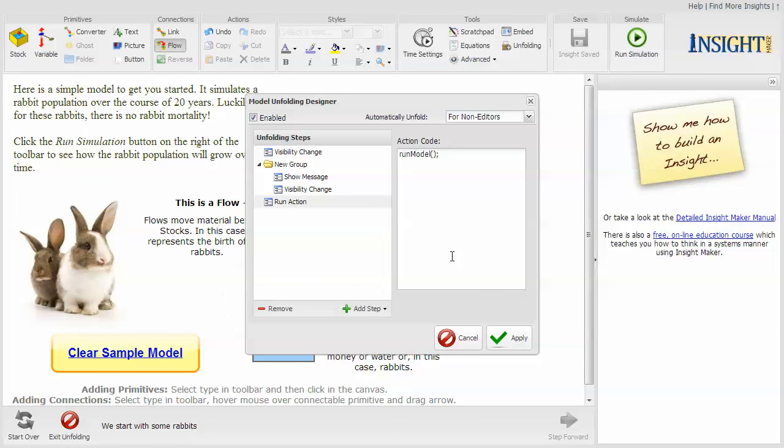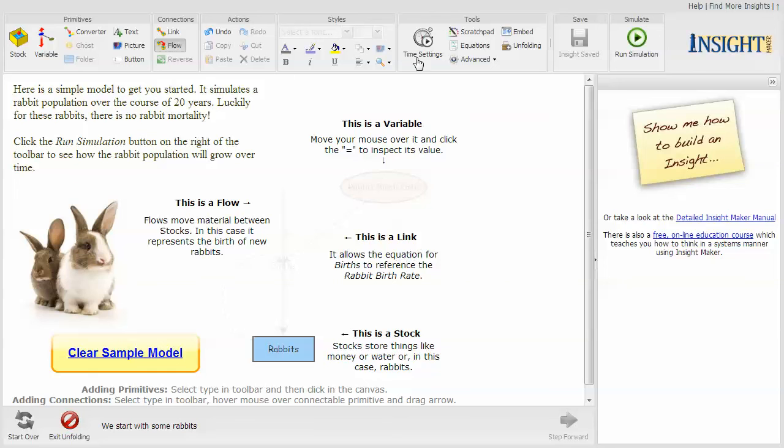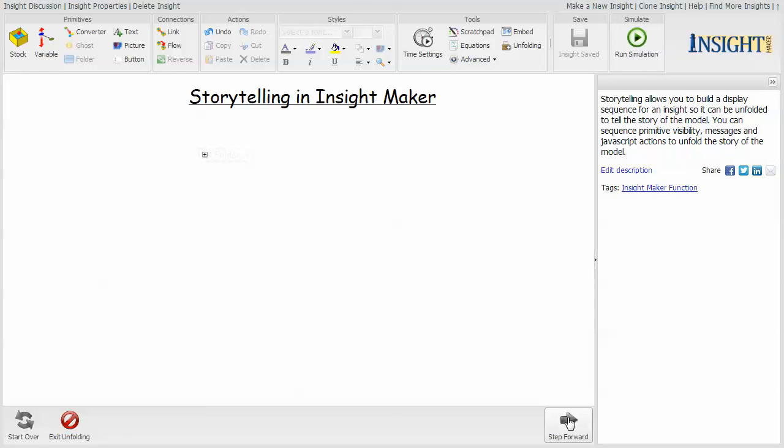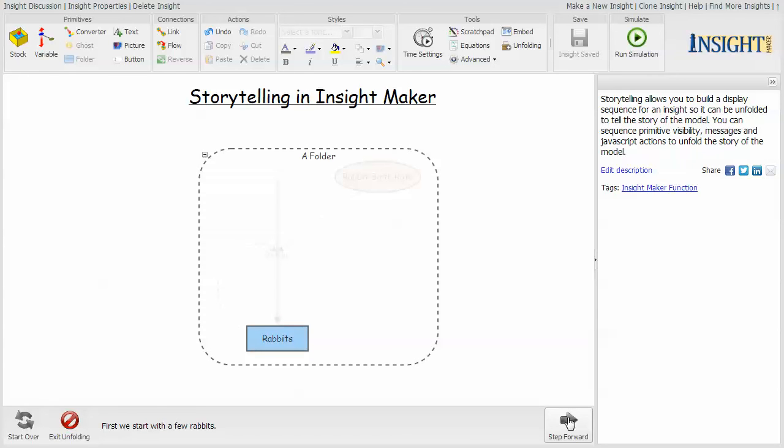And I'll be doing another video shortly on how to build scenarios for the models that you create. So this is just a short example. Here is a longer one that's already finished, so if I tell it to unfold the model, the first thing it does is dim it. Then it opens the folder, shows rabbits, and provides a message: first we start with a few rabbits, then births, make more rabbits, add with a birth rate, and feedback, rabbits multiply quickly, and then